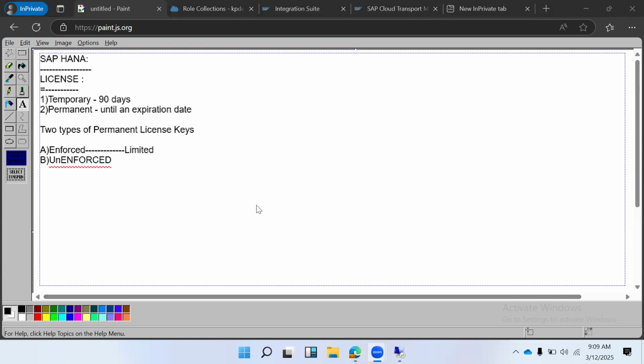Right? So when you go for the unenforced license key, the unenforced license key is installed, and in case the consumption of the HANA system exceeds the licensed amount of memory, there is no impact. In this case, no operational impact, nothing will happen here. So these are the different types of license keys that can be installed in the HANA system, either standalone, HANA Cloud,